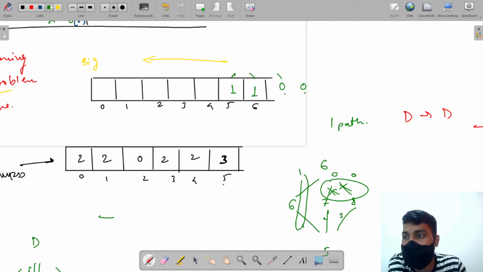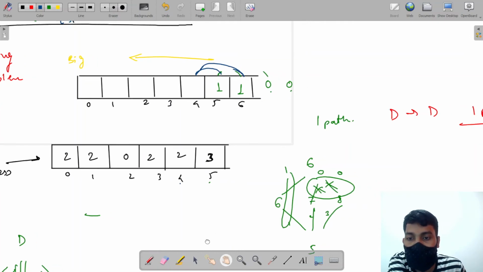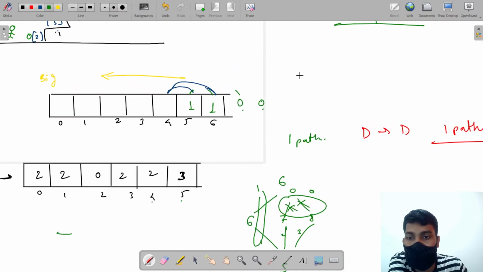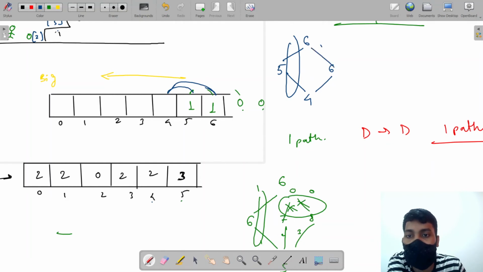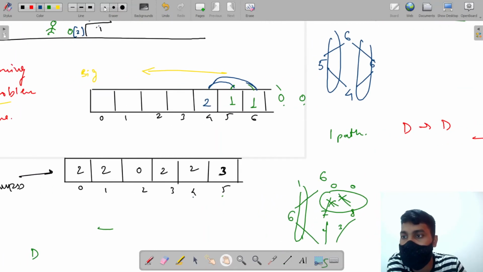Now similarly, if we are at the fourth stair, from the fourth stair we can take two jumps, that is 1 and 2. What is this saying? If we are at the fourth stair, we need to reach the sixth stair. We can take two jumps. From here we can go to 5, and from here we can directly go to 6. From 5 we know that we have one path. So if we reach 5, we have one path to reach 6. And if we reach 6, we also have one path, that is to reach from 6 to 6. So the addition of these two is going to be stored here. That is 2.